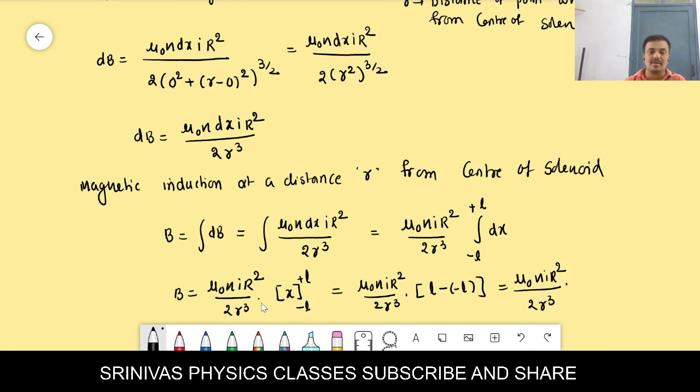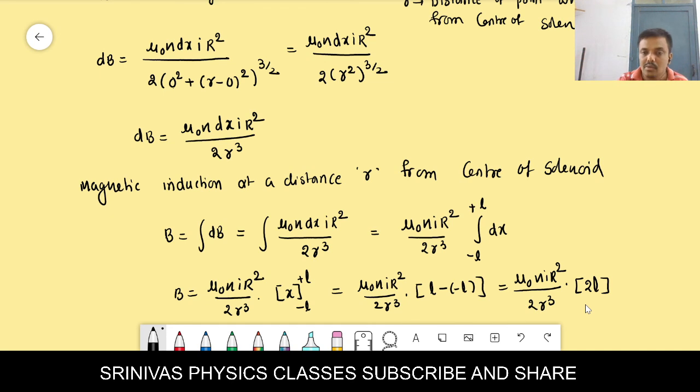Do you know how to substitute the limits? You see this equation, follow the cursor. Integration dx is x. Limits are minus L to plus L. How to substitute limits? Very carefully you have to hear. In place of x you should write the upper limit, that is plus L, I wrote. Next minus, I wrote minus. Next in place of x you should write minus L, I wrote. Completed. First the upper limit we substitute in place of variable x, next we keep minus, next in place of x we substitute the lower limit. Plus L is the upper limit, minus L is the lower limit. Then we will get 2L.